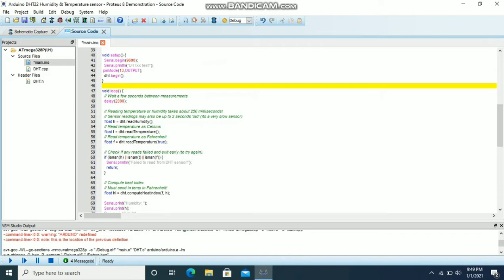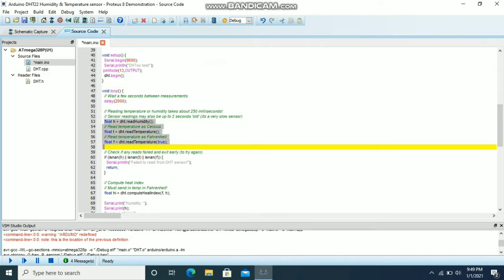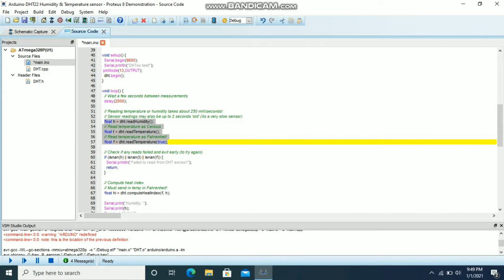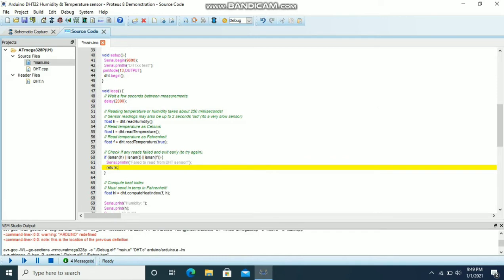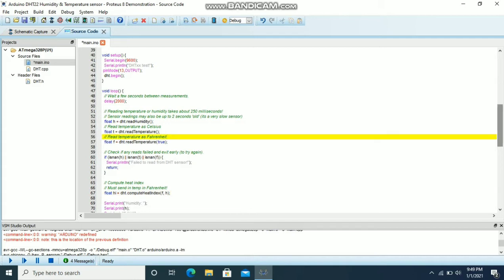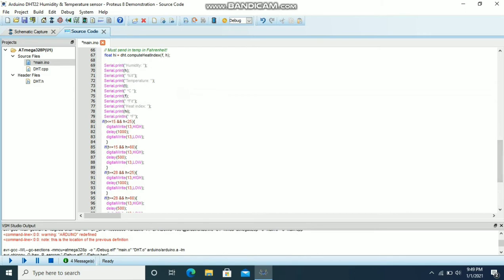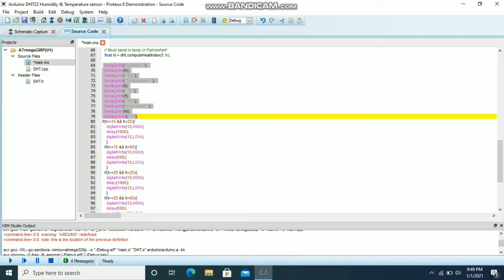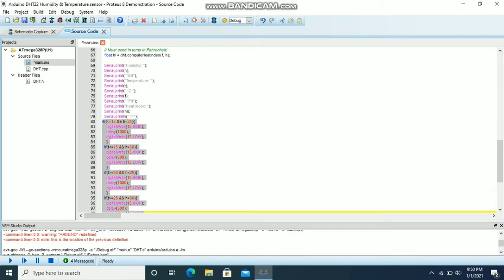As you can see, this float variable contains the values of humidity, temperature in degrees C and temperature in Fahrenheit. And this heat index float variable is used to measure the value of the heat index and store it. Now let us move down. Now the serial print is used to print the values of temperature, heat index and humidity. It will be shown in the terminal board. And after this, I have used the if function to run my command.